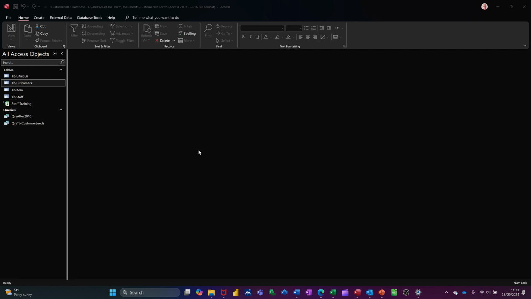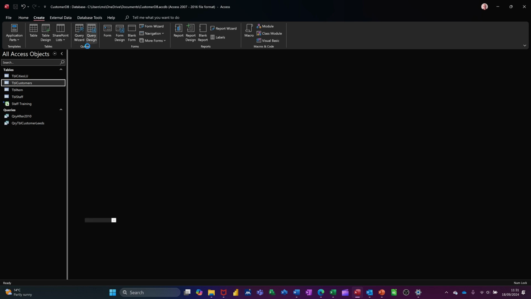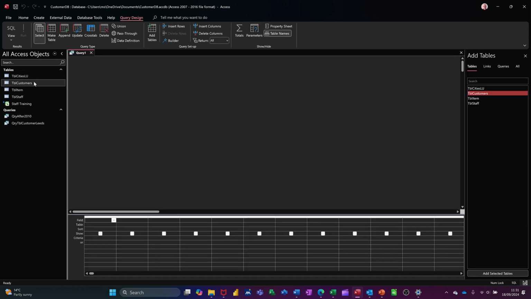Now let's create another query. This time I want to know everybody that worked for Bob IT and is in Newcastle. I want that information. So again, I'm going to create query design, dragging the table on, double clicking at the top, and then pulling that down and dropping it in there. So there is company. So on the criteria line, Bob IT